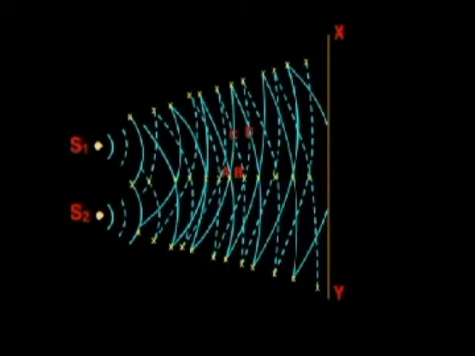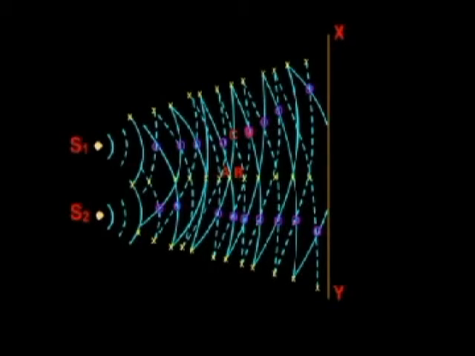Consider a point A. Here, the crest of a wave from S1 is superposed on the crest of the wave from the other source. Similarly, at a point B, superposition of a trough from one wave and another trough from S2, the other wave, takes place. Thus, at both the points A and B, maximum displacement or amplitude occurs, and the superposition is therefore a constructive interference.